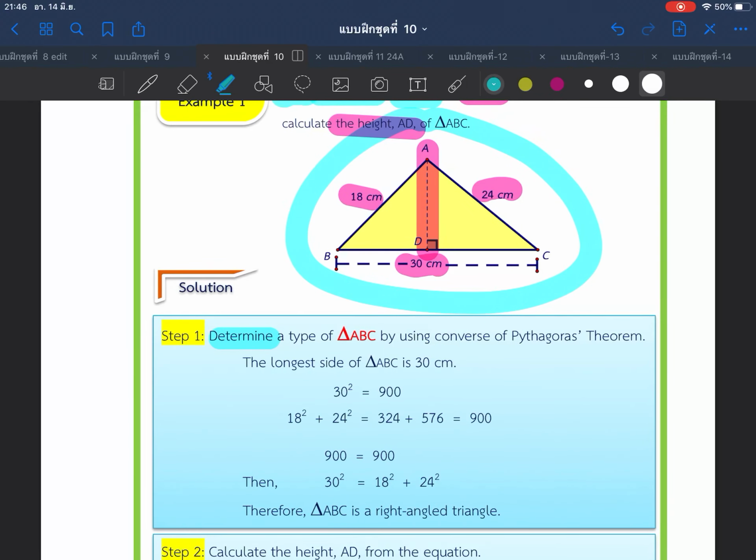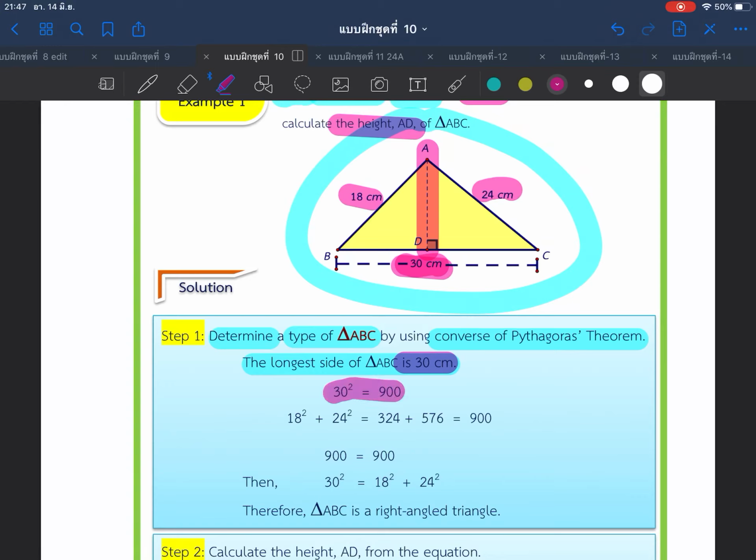We have to find out which type it is: is it a right angle triangle, เป็นรูปสามเหลี่ยมมุมฉากไหม, is it an acute angle triangle, เป็นรูปสามเหลี่ยมมุมแหลมไหม, or an obtuse angle triangle, เป็นรูปสามเหลี่ยมมุมป้านหรือเปล่านะคะ. So to determine the type of triangle ABC we use the converse of the Pythagoras theorem. The longest side of the triangle ABC is 30 centimeters, so we calculate the square of